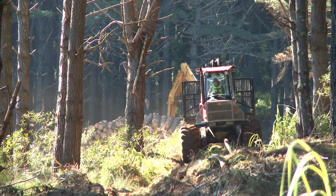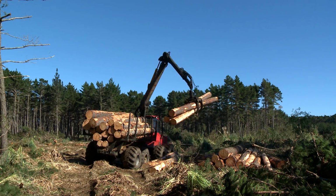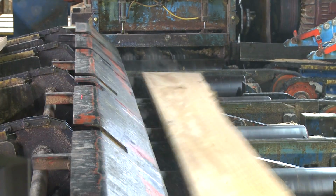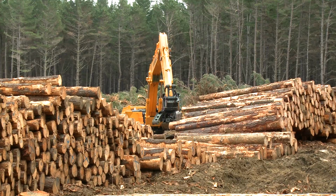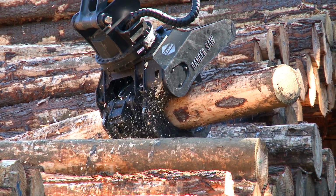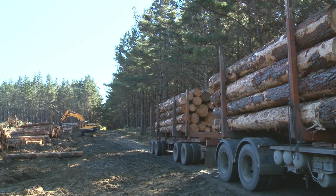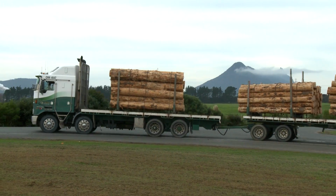Other key advantages the area enjoys are availability of labour, an established core of support trades for forest harvesting, and the several processing plants in the area. New Zealand is advanced with automated technology in the primary and secondary industries. Forest ownership is diverse and ranges from large corporate forestry companies to individual woodlot owners. In 2013, production is predicted to be 3.9 to 4.1 million tonnes, which is close to the predicted sustainable annual harvest